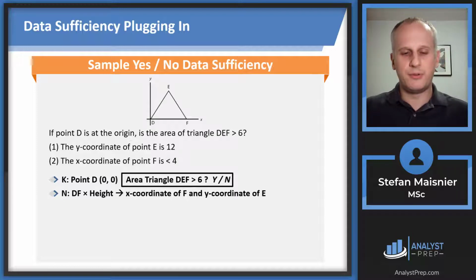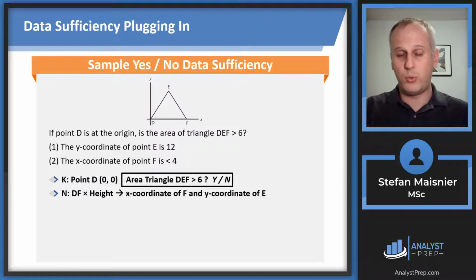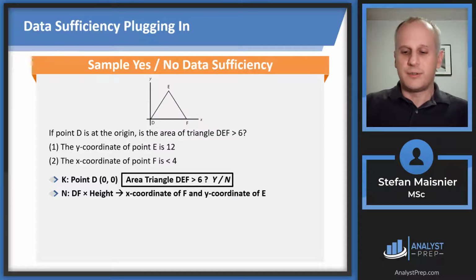Then we've got to go to our need, and we determine that we are going to need to figure out the length of DF and the height. So the height of E is going to be our height for the triangle, and DF is going to be the base for the triangle, because you will create a right angle with the coordinate plane. So that means what we really need in order to determine the area of triangle DEF is going to be the x-coordinate of F and the y-coordinate of E. So then